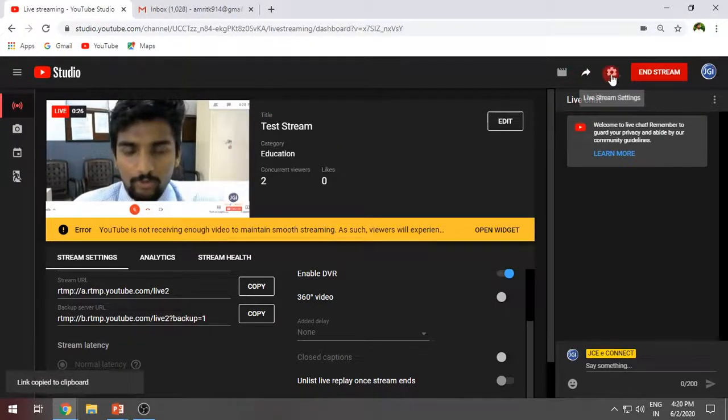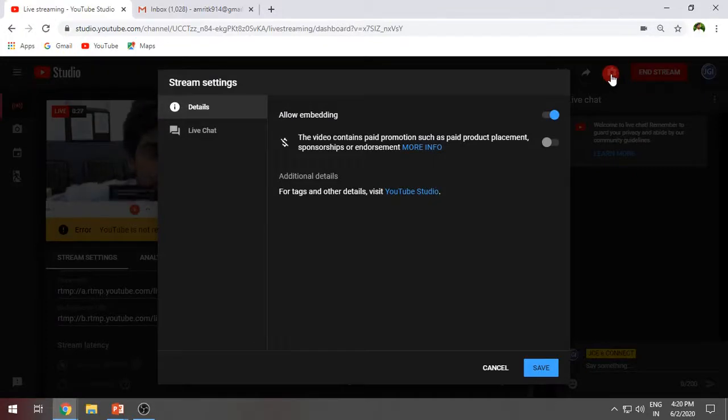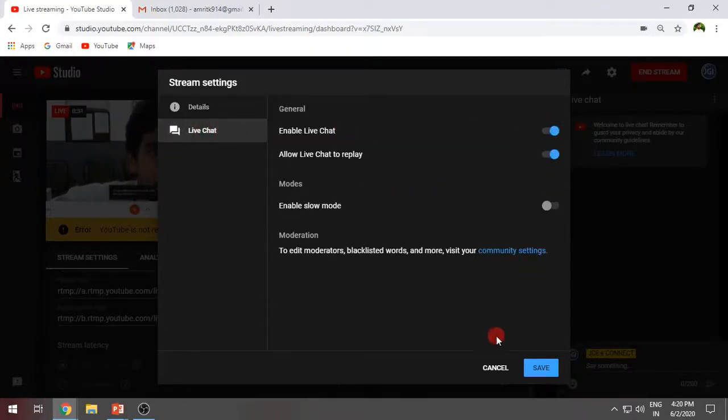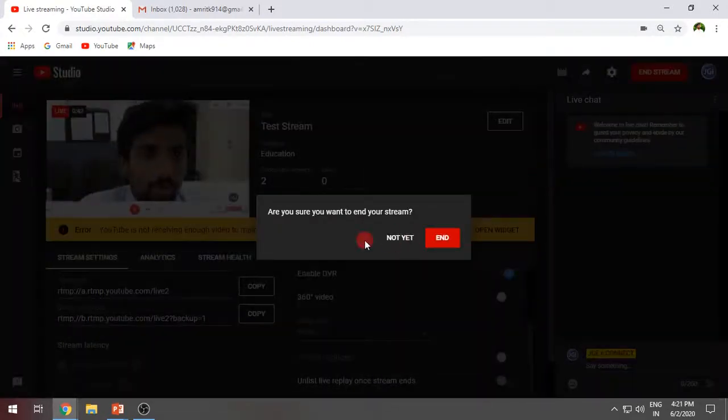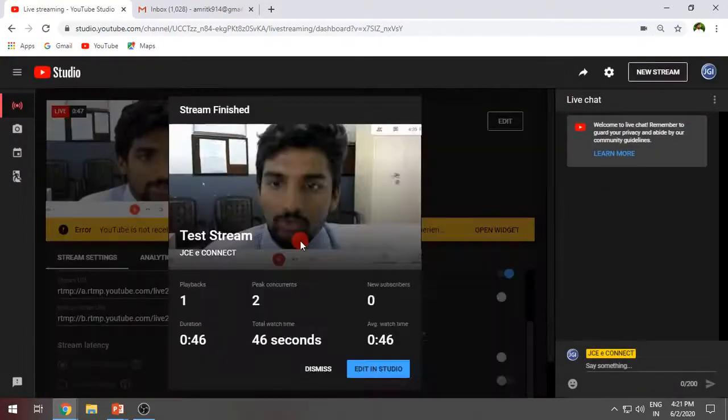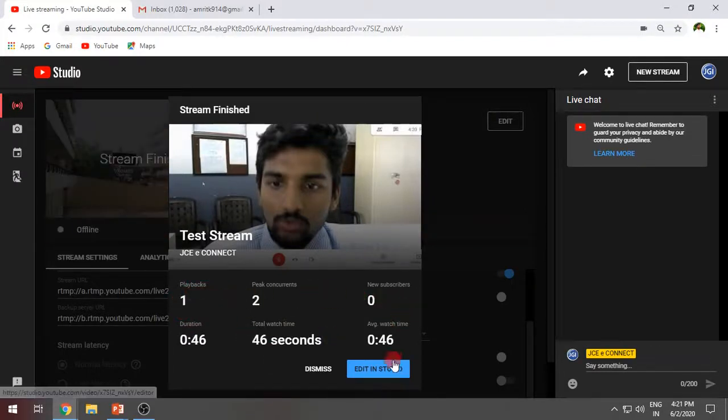You can also see the settings here, whether you want to allow embedding or disable the live chats during the streaming. Once you're done, you can just say end streaming, and you can see that it will show you the duration of the streaming.